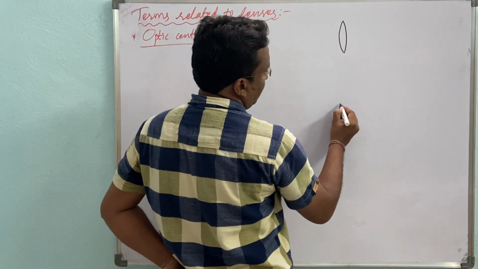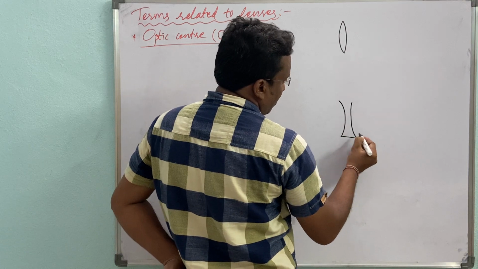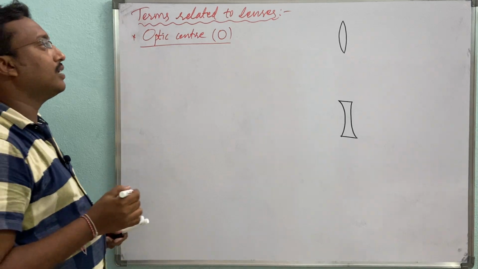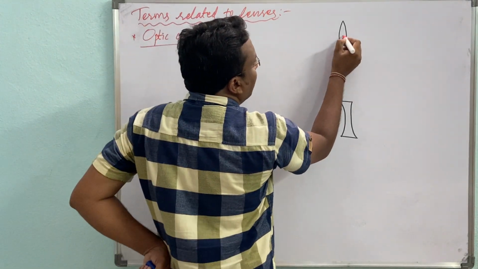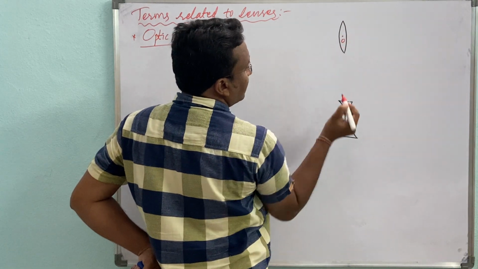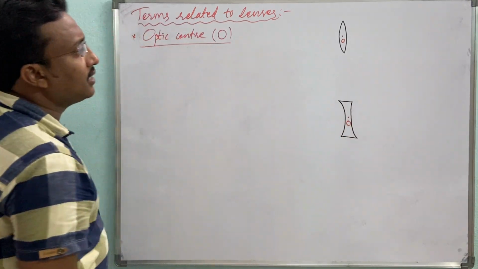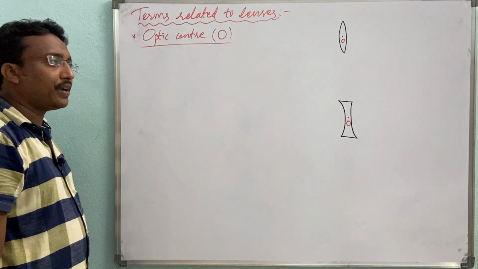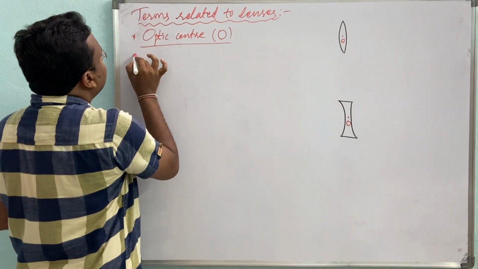Convex lens and concave lens, right? Then the midpoint. This point is called the optic center. This point is called the midpoint. Is called what? Optic center. Got it? Right. Then the next term,